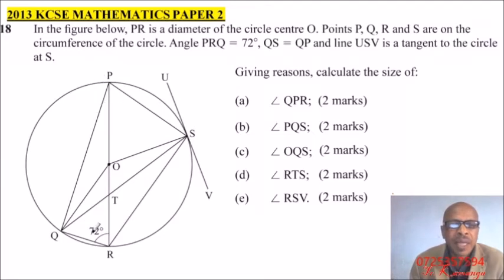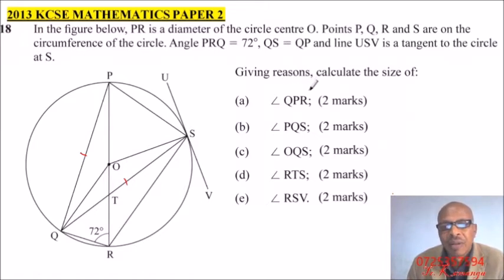So we have PQRS on the circumference of the circle. Angle PRQ is 72. PRQ, we are given that angle there. QS is equal to QP. QS is equal to QP. So those two lines are the same. And USV is a tangent to the circle. USV is a tangent. So giving reasons,